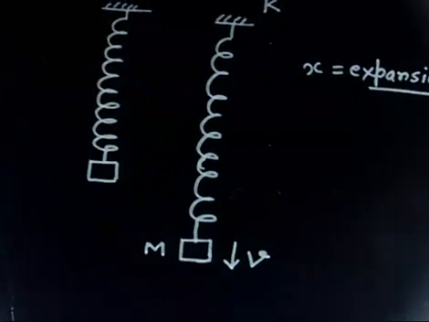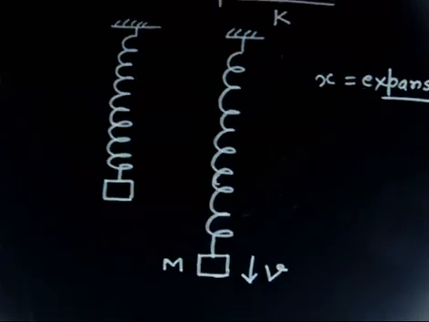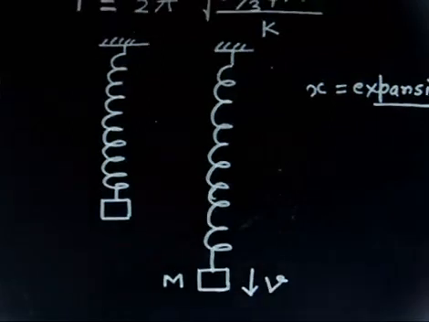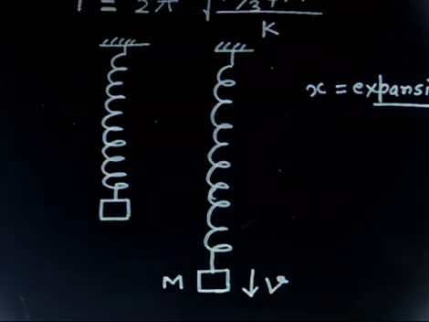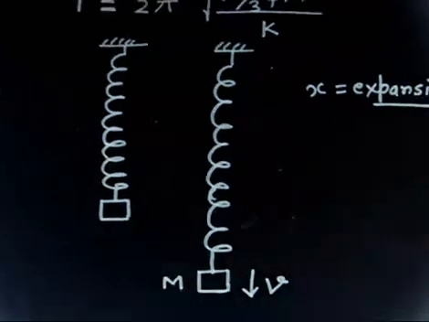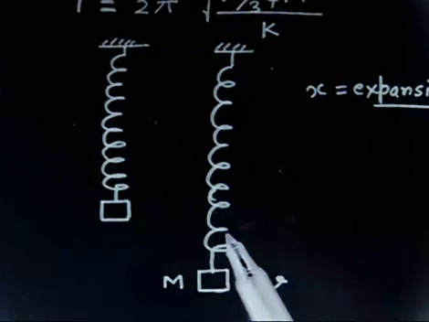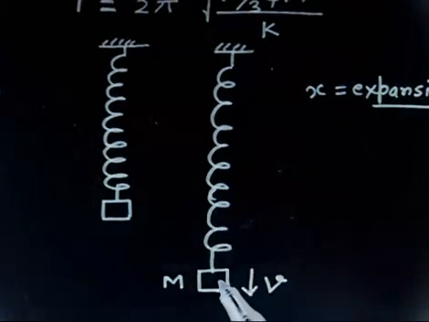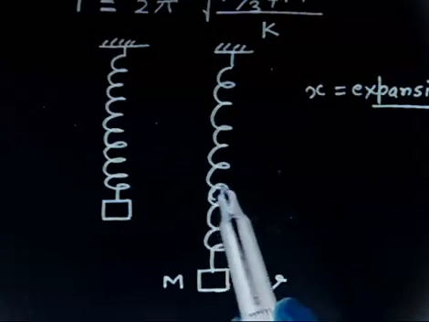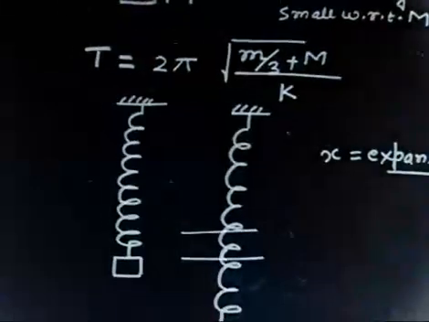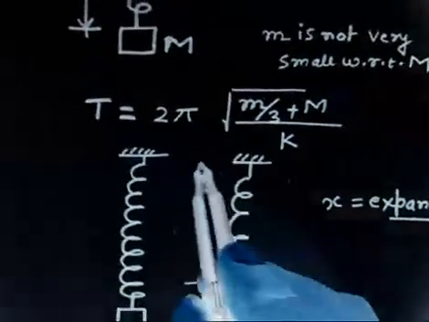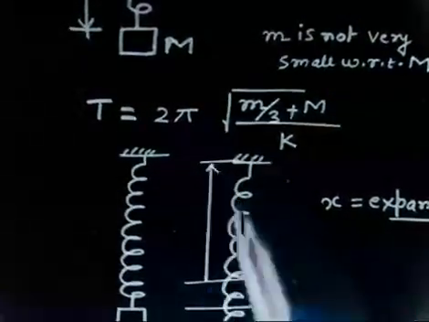Now see, I am interested to find the kinetic energy of the block plus the kinetic energy of the spring. Now this time basically the spring will also have some kinetic energy. Are you getting? Because the spring also has mass and the spring is also moving in the downward direction. So if you consider any mass of the spring, let us say this part. So if I consider this small part of the spring and let us say this is at a distance of x from the top,